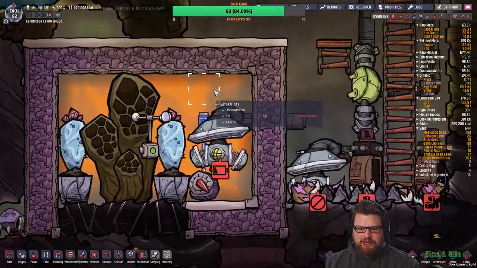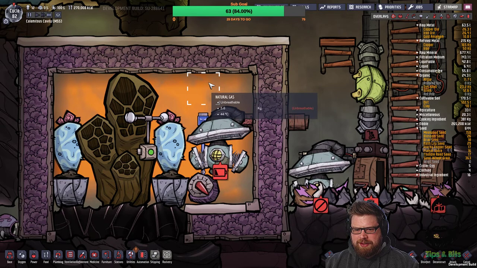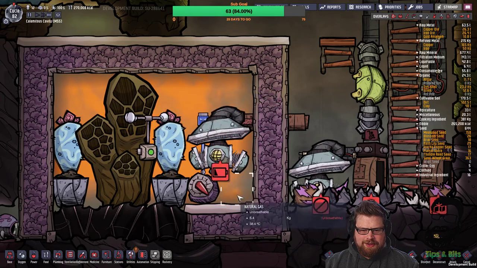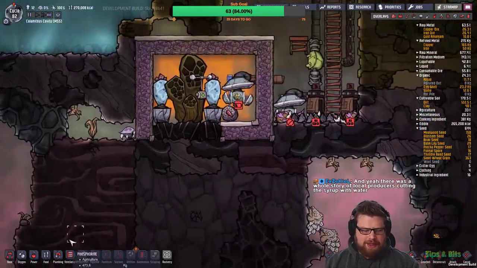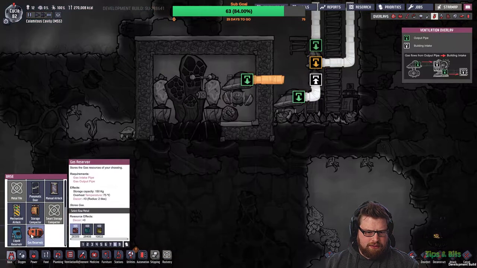Wow, that's janky. Look at the button, guys. Look at the pop-up thing. Why so spread out? 5.7 kilograms. Okay. Yeah, I think we should slap one of these things down. See what happens. Gas reservoir. Gas input pipe. Gas output pipe. Does the output pipe have to go...